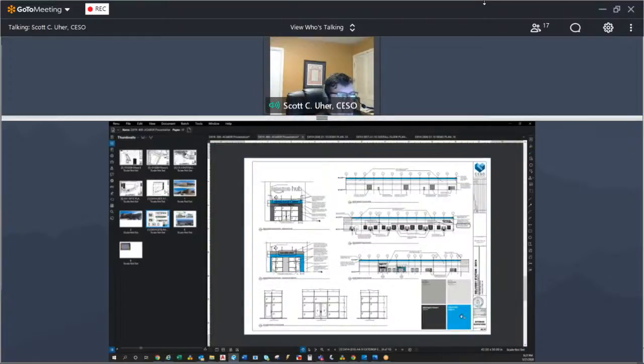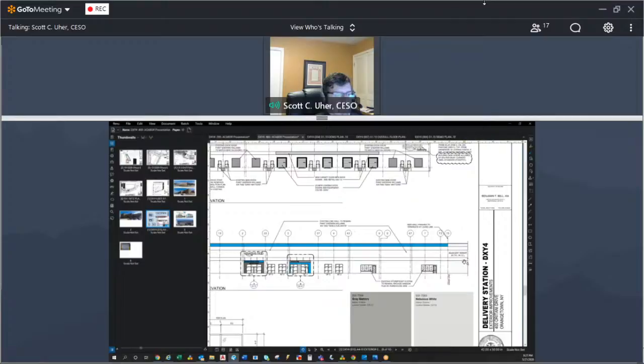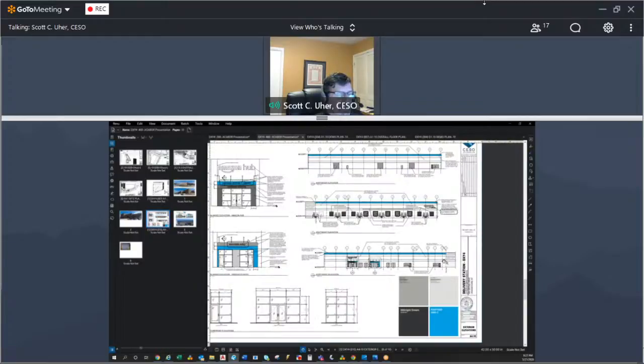Again, the color palette's the same. Again, the proposal is to paint Amazon's lease area. As Amazon does not currently control the whole building, we'll be painting here up to this point, and only Amazon's portion of the building.